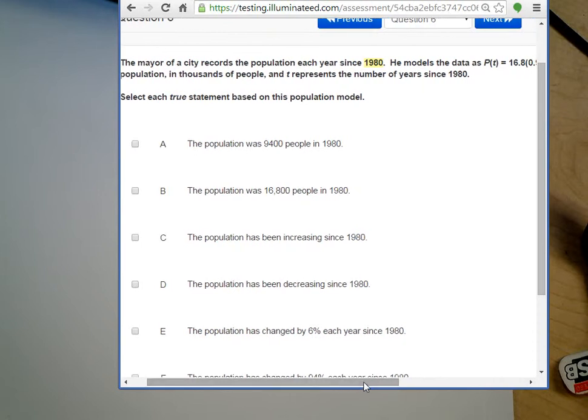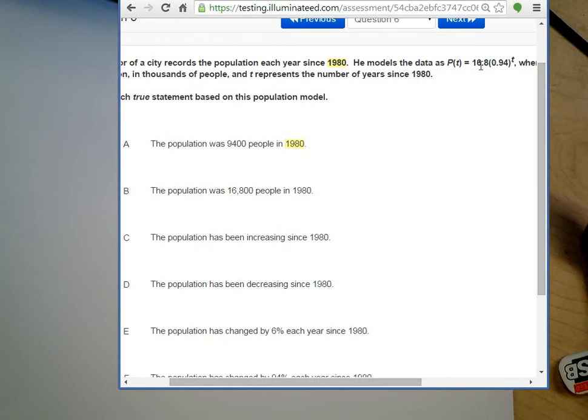The population was 9,400 people in 1990. Okay, 1990 was our starting point. T represents the number of years since 1990. So this is our initial value. Is our initial value 9,400 people? Well, let's look. Is this 9,400? This is our initial value. No, this is